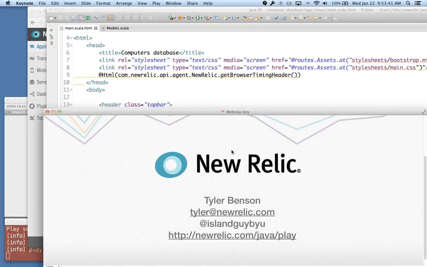2.2 RC2 just came out, so I'll have to check and make sure we didn't break anything. Okay, yeah, in a dot release, we shouldn't be breaking things, but